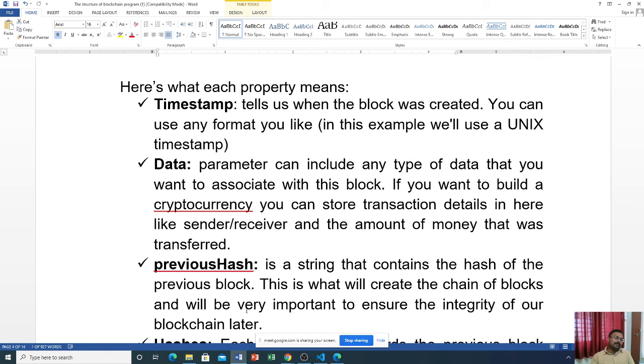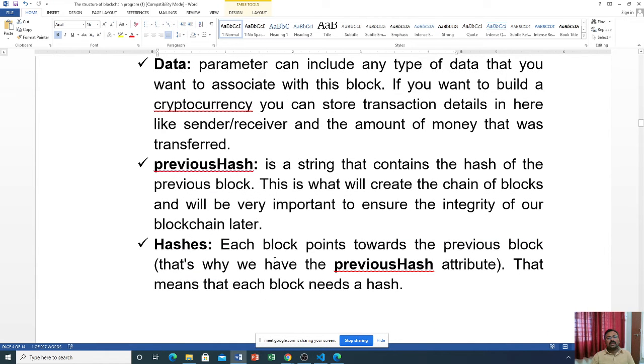The next one is the previous hash, a string that contains the hash of the previous block. This is what will create the chain of blocks and will be very important to ensure the integrity of our blockchain ledger.